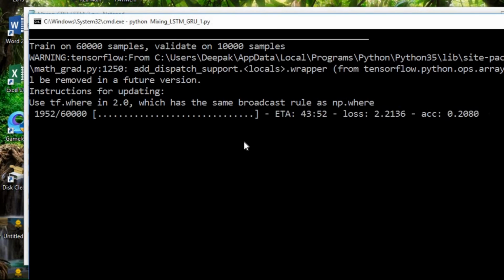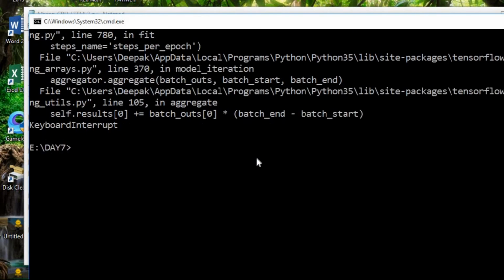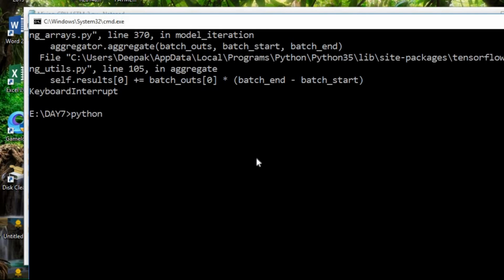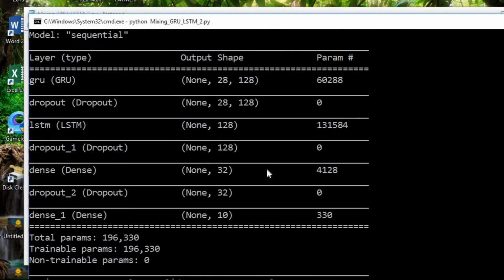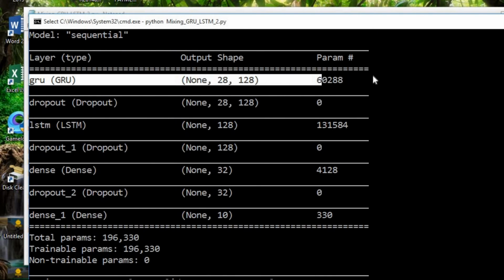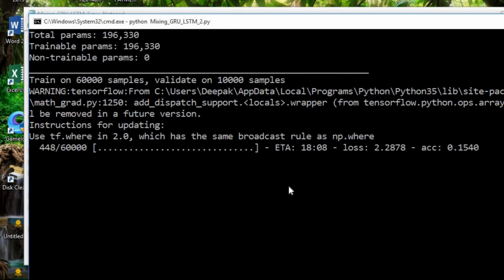Well, this earlier model is running, the result of which you can observe on your machines. So I am interrupting here, and let's run the mixing GRU to LSTM second file. Yes, here GRU is the input, the output of which is given to LSTM. Yes, both the models run.